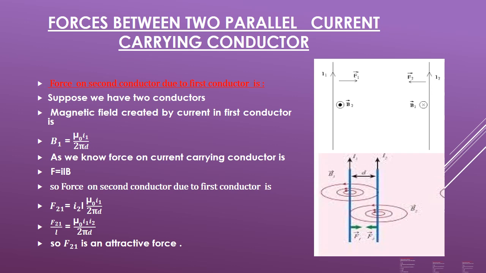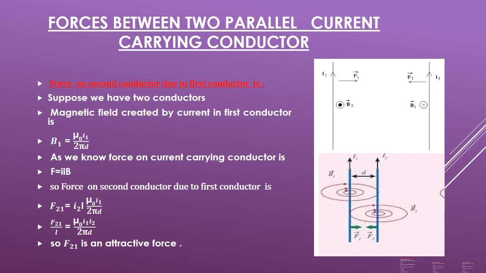Even if it is a very long length, if we take the force applied on a particular length L, then there will be a term force per unit length, meaning force on 1 meter of length. How do we find it? We will find the total force on this length L. Then this total force is divided by length L and it will give force per unit length.